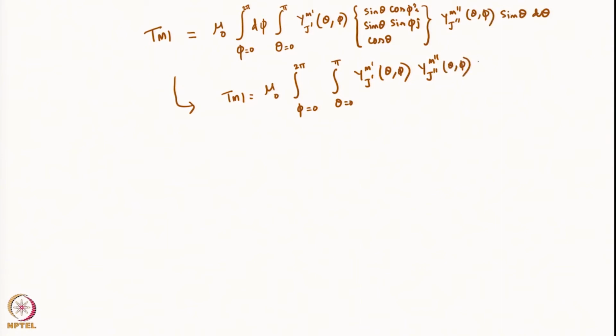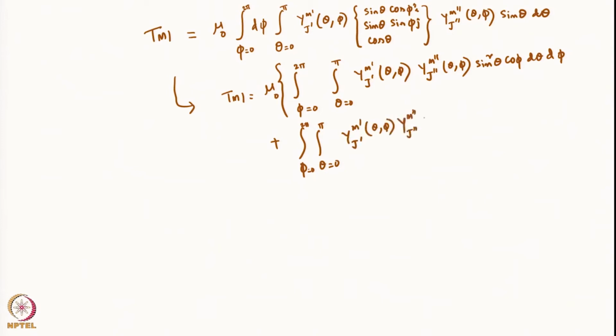This sin theta and that sin theta will be sin squared theta cos phi d theta d phi. So that is one integral, plus mu naught will be integral theta 0 to pi, phi 0 to 2 pi, Y j prime m prime (theta, phi) Y j double prime m double prime (theta, phi). This is sin theta, that is sin theta, again sin squared theta